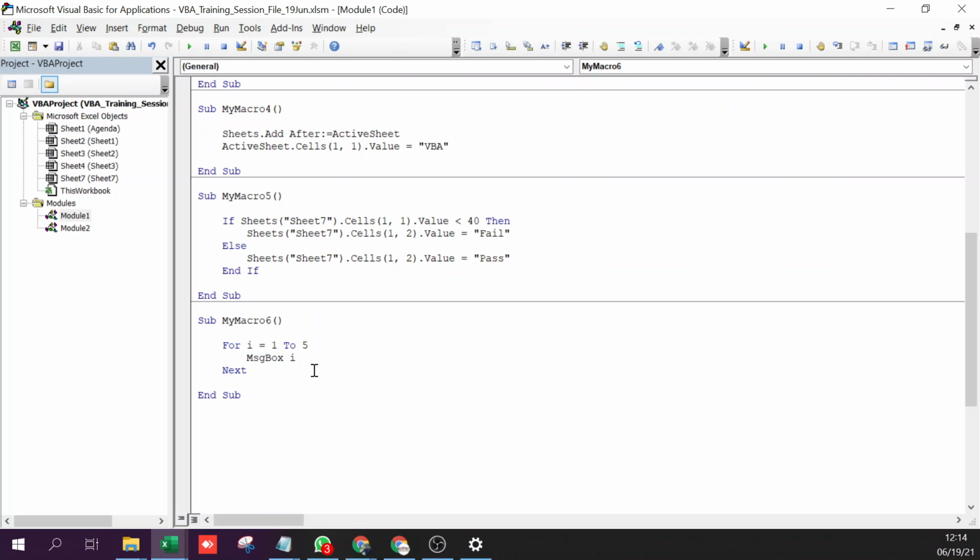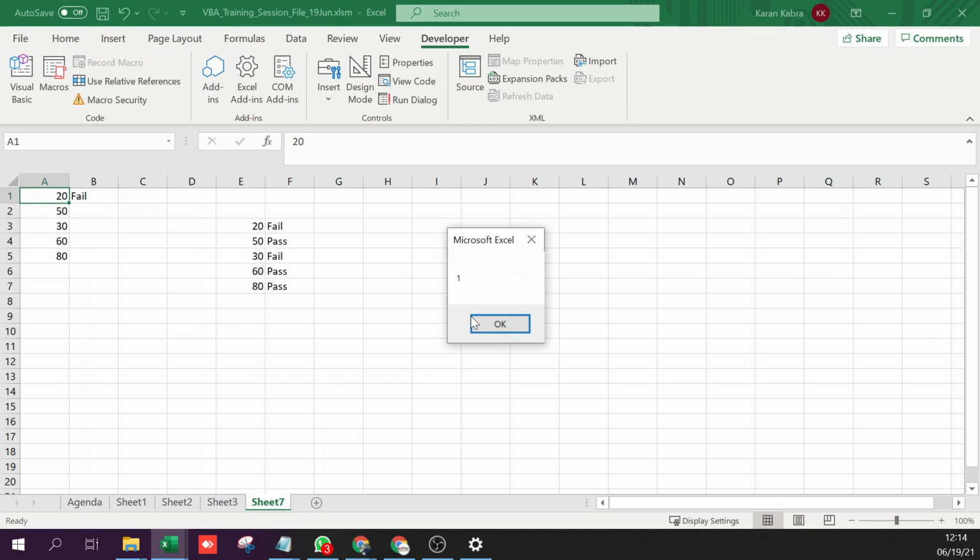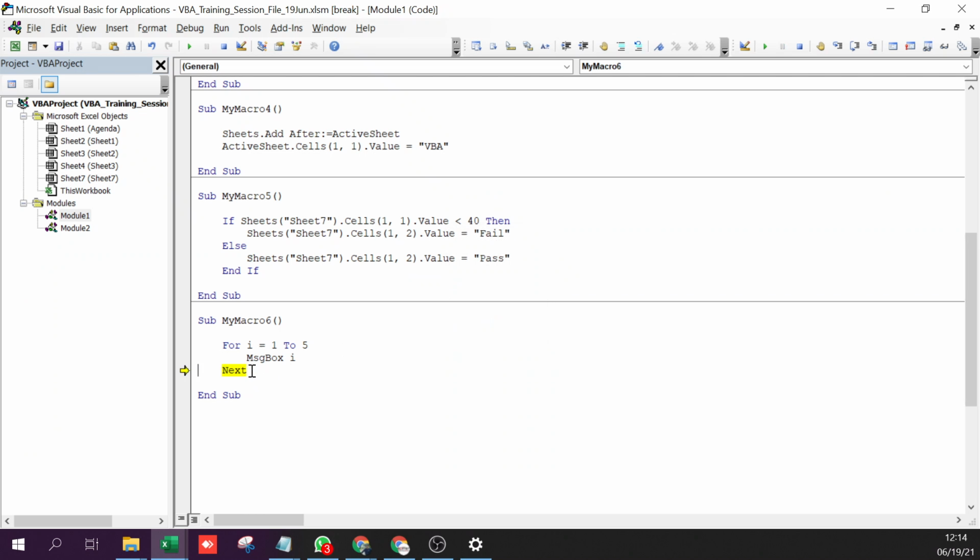So let me run this and check. Okay, I'll press F8 for i equal to 1 to 5. Now this line, what will I get? 1. Because the first time this loop was run, i had the value 1. Now it is going next on next. So i will auto increment from 1 to 2.